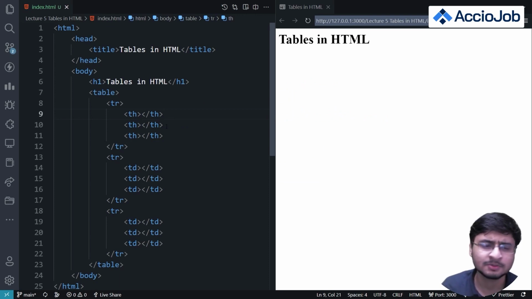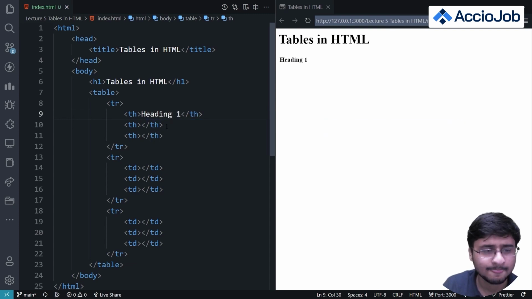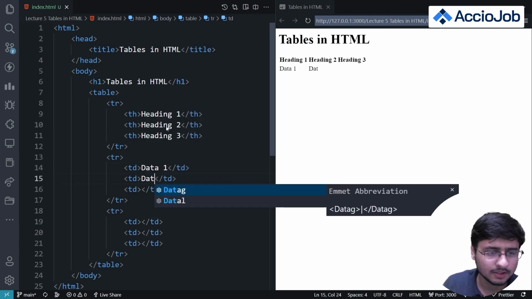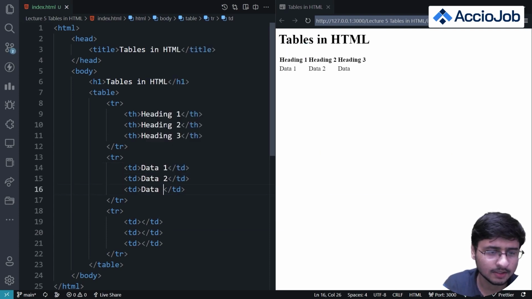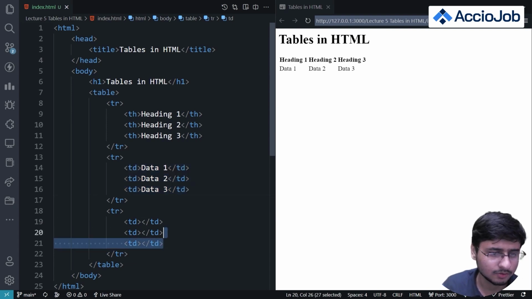So let me just finish the data regarding this table. Let me just say that this is heading 1, right? And similarly there will be heading 2 and heading 3, right? So let me just add this data 1, data 2 and data 3. I'll just copy paste this so that we are a little bit quicker.